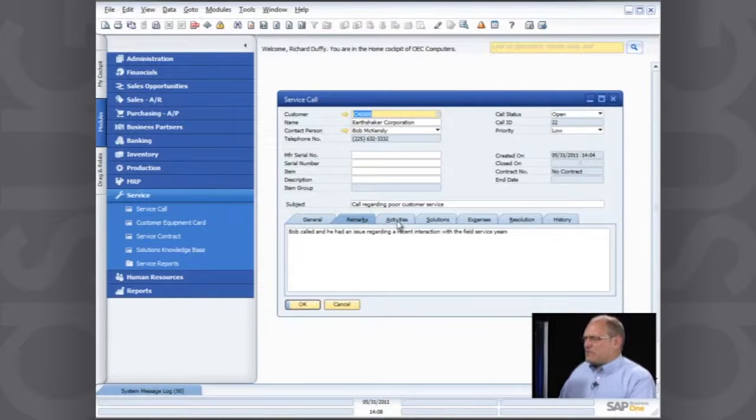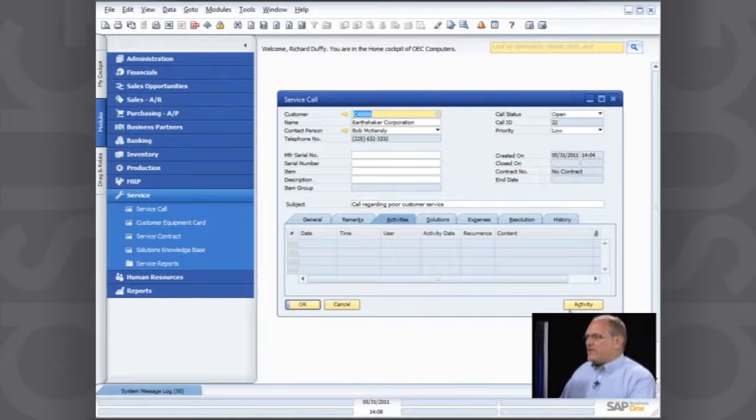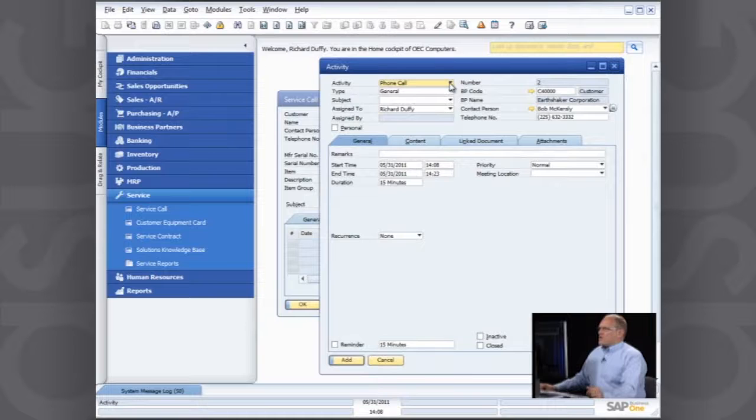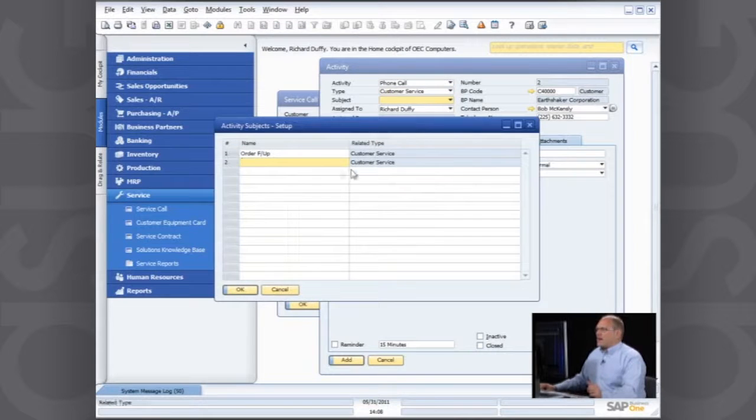I can add additional remarks. I can create additional activities. So I'm going to create an activity now. One of those activities is a phone call. So I've made a phone call to the customer, and it's a customer service call. The subject, I'm going to define a new subject here, and this is a complaint